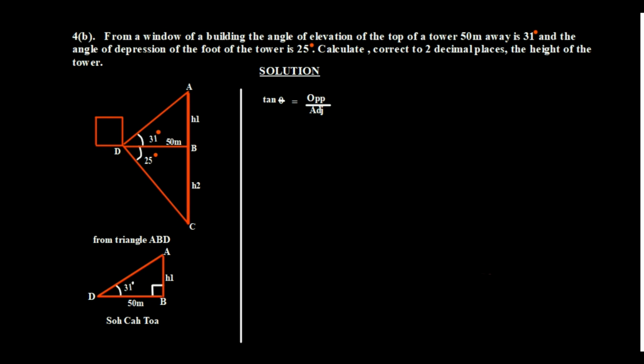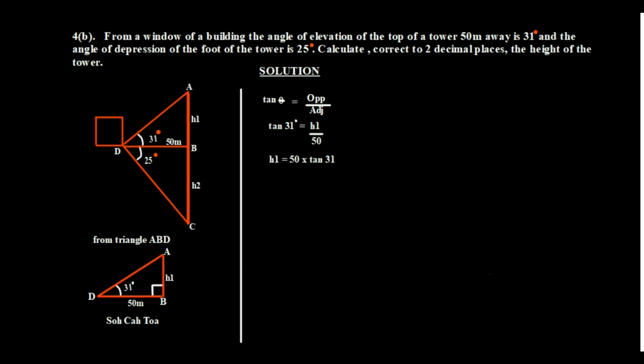So let's try to write it down. As you can see, we have tan theta, where theta is 31 degrees, as we have in the diagram here, and we have our opposite as H1 divided by adjacent, which is 50. And then from there we can have the equation this way. When you cross multiply here, we have H equal to 50 multiplied by